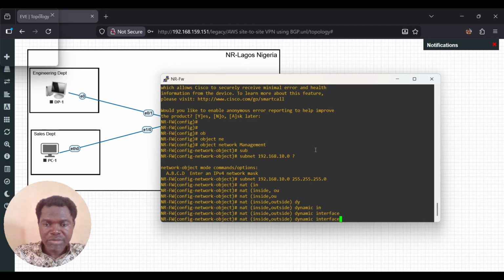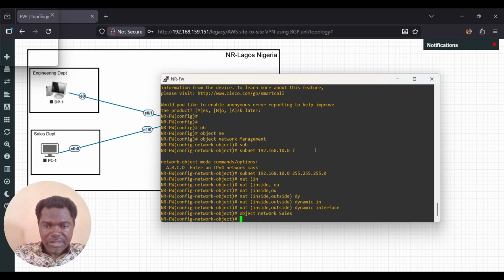Okay, so let me do the same for sales. Sorry, we've been at /10, I change to /11. I'm using the up arrow key to go up instead of retyping it. Better still, let me just type it so that you guys can get it.